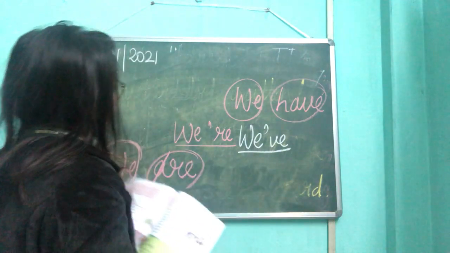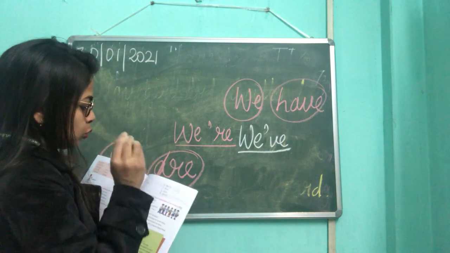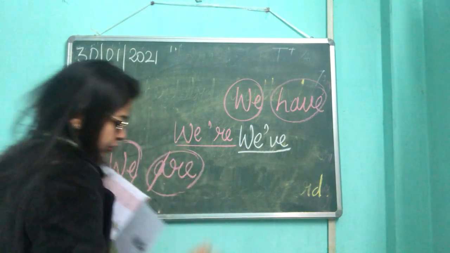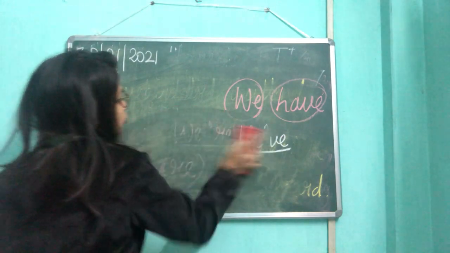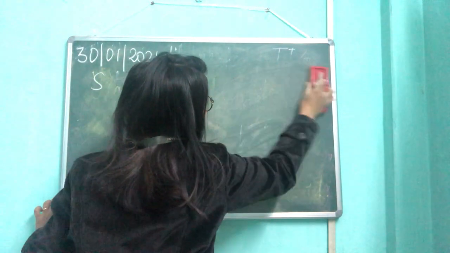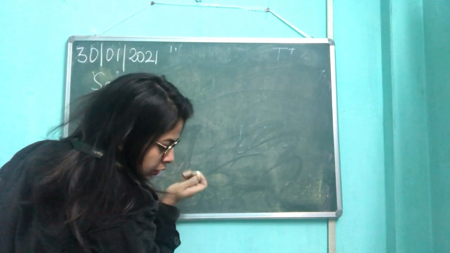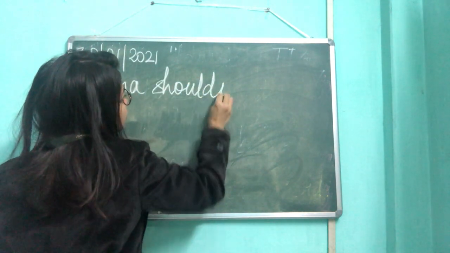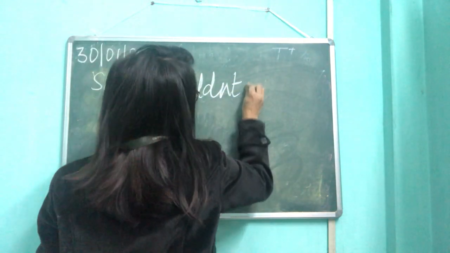So let us do this example. Number B, page number 103. Sana shouldn't wear such high heels. Now this is the question. If I show you just one example, I'm sure you will be able to do it on your own. Let me just give you a sample for your answer. Sana, that is my question. Sana shouldn't wear